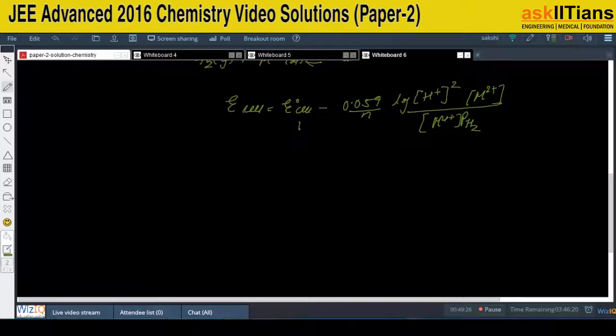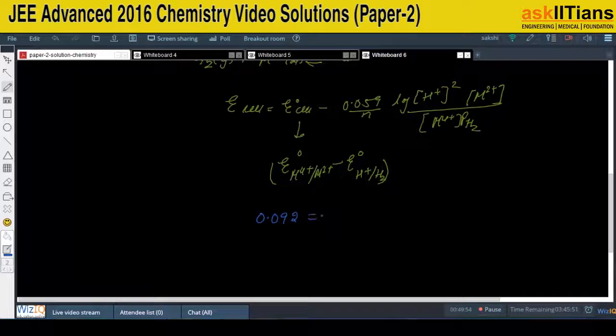Now E naught cell, how can you write it? E naught cell is the reduction potential of the electrode where reduction is taking place, that means M plus 4 to M plus 2, minus the reduction potential of the electrode where oxidation is taking place, H plus to H2. Now if I ask you to put in the values, since almost all the values have been given to you in the question, simply put the values in the above equation. So putting in the values, I will get